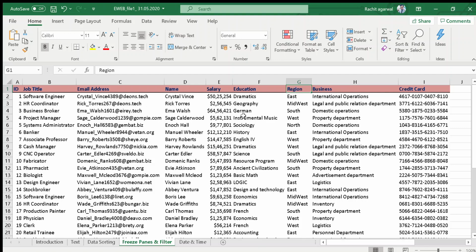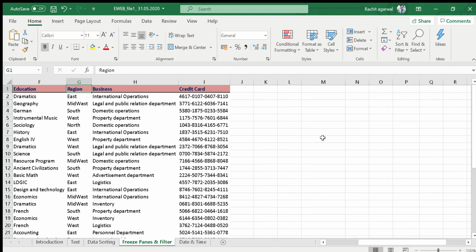So I have the data, I have the destination or location on which I can paste the data, but I don't have the criteria right now. So for using the criteria, let's say I use the same criteria I used in the previous one, which is the region. For using the region criteria in the advanced filter, first of all copy your region and paste it here just to make the criteria. I want to know how many employees are working in, suppose, the South region. So I copy from here and paste it here.